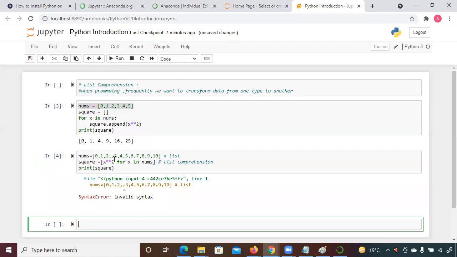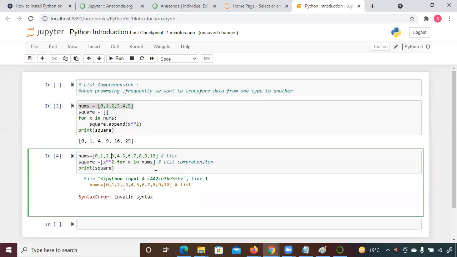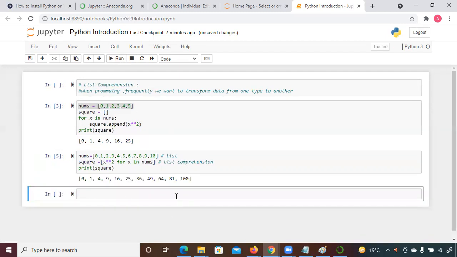So okay, here a comma, the square spelling on the first line of the list comprehension, sq. Okay, yes. So we are getting the same output here, right? Because I took 10 elements, that's why we are getting 10 elements here.